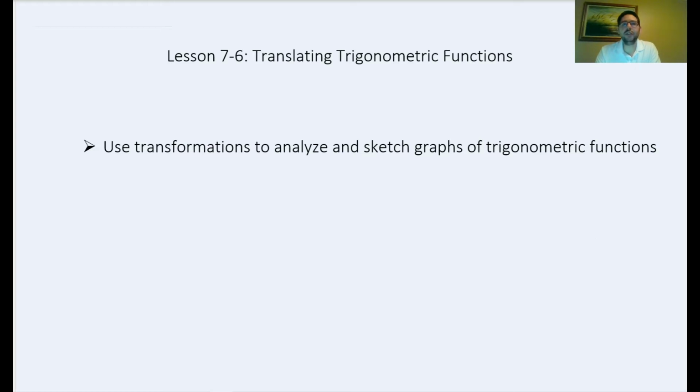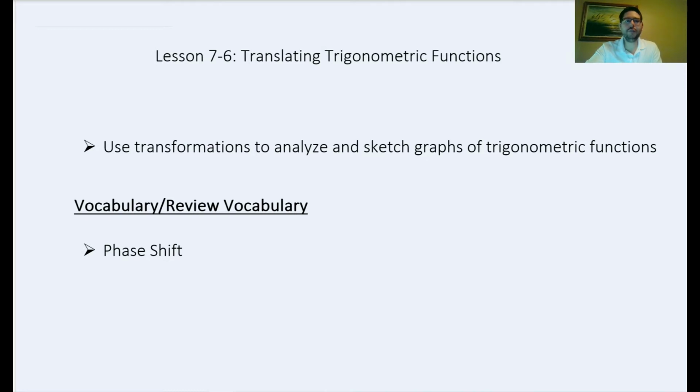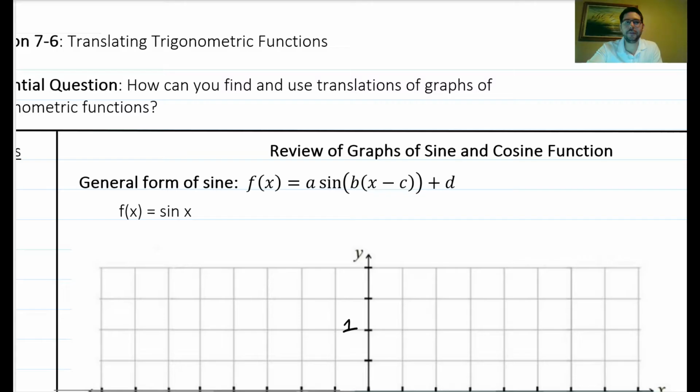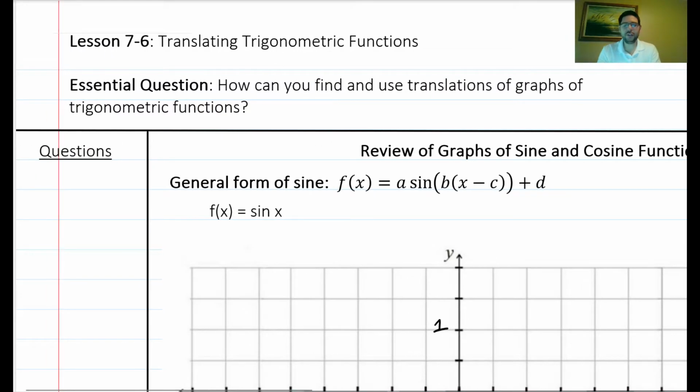So we're going to continue graphing sine and cosine more specifically rather than just using technology. But we're also going to introduce another transformation, a translation of sorts. So the new vocab term is the phase shift. So the essential question is, how can we find and use translations of graphs of trig functions like sine and